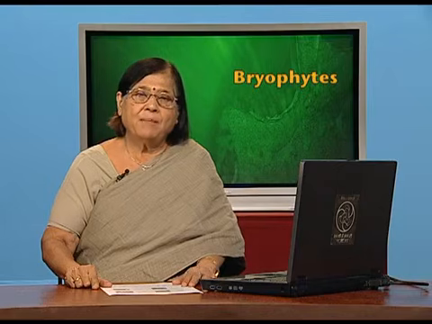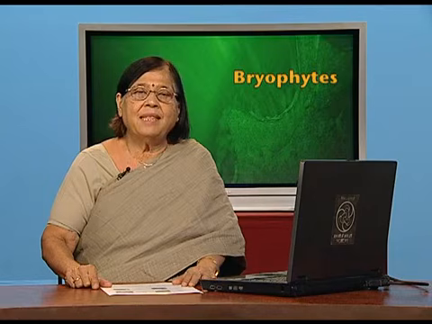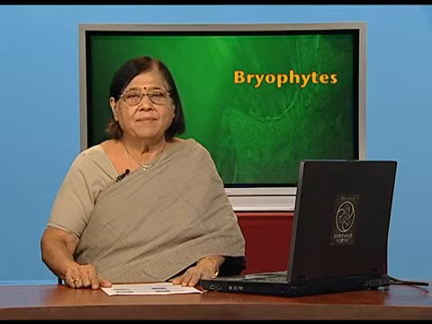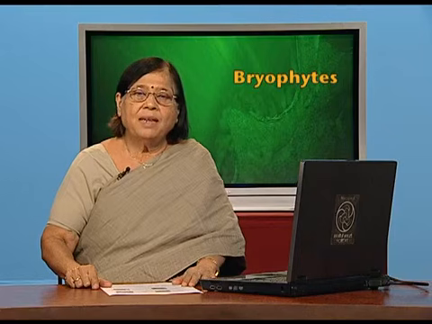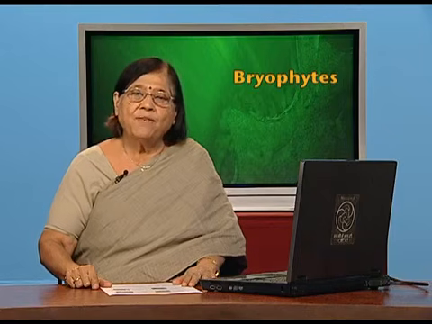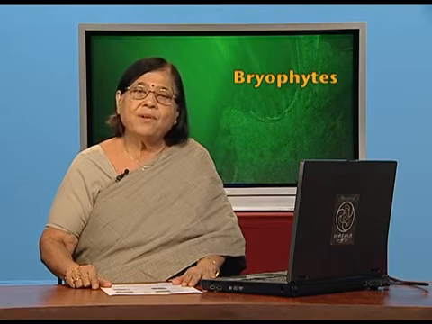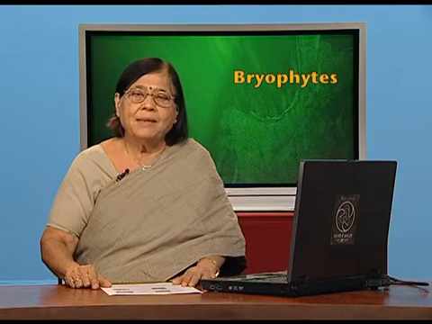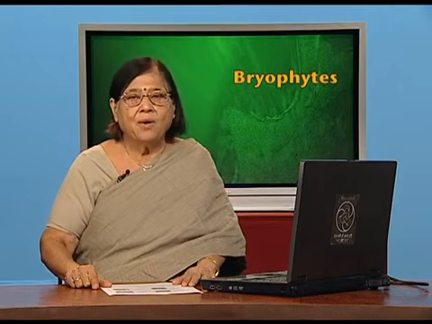Now, it has produced gametes which are delivered in water and they will fuse, the antherozoid will reach the egg and fertilize it, and now you have a body called zygote, and now in this zygote you have diploid number of chromosomes. Because gametophyte was haploid, it produced haploid gametes, two gametes fused, produced zygote, and now it is diploid